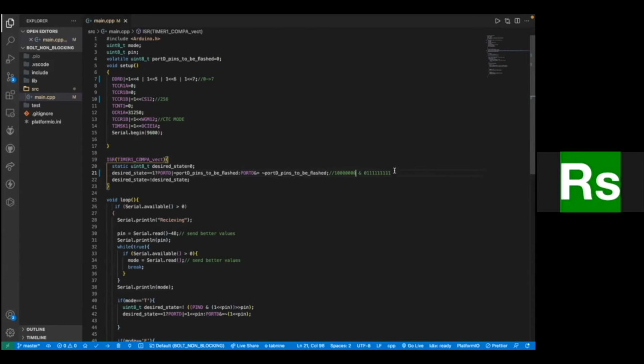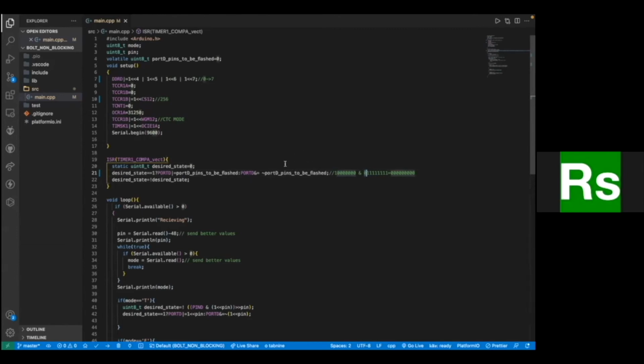Actually, it should be 8-bit, right? If I do this, the result of this operation will be 00000000. So basically, to turn this bit off, I needed to do a bitwise AND with a number in which the corresponding bit was 0, and the rest were all 1.